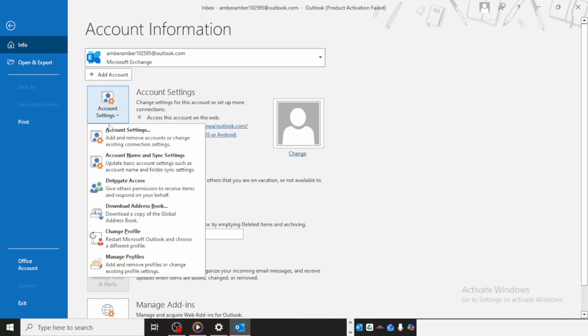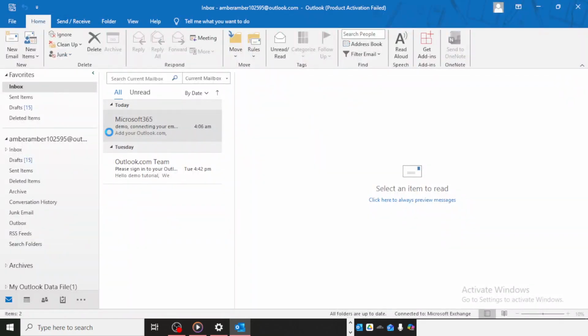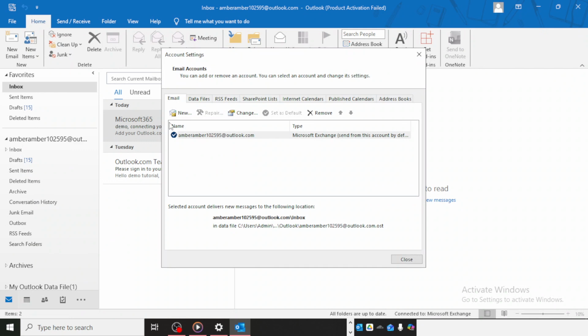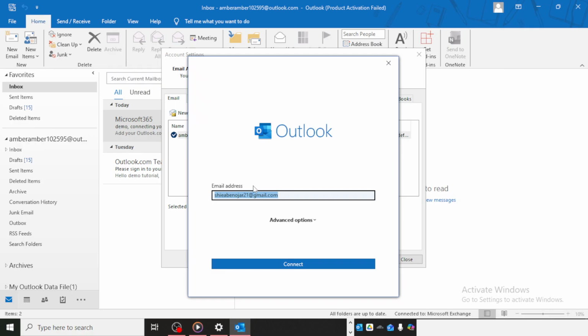If you want to add a new email account, look for the New button and click it. Outlook will then prompt you to enter the email address for the account you want to add. Type the email address carefully, then click Connect. At this point, Outlook will begin checking the account settings and guiding you through the setup process. Depending on the type of account you're adding, you may see a few prompts on the screen. Just follow the instructions provided by Outlook until the setup is complete. Once everything has been successfully added, click Done to finish.